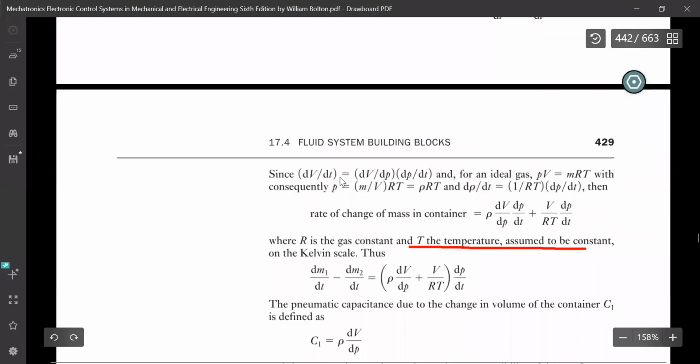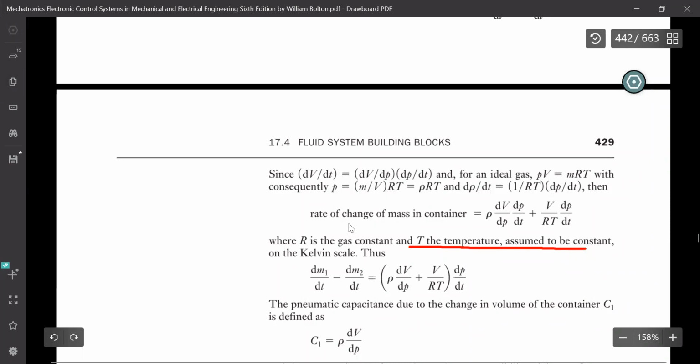Since dV by dt can be further written as a chain rule, dV by dP into dP by dt, and for an ideal gas PV is equal to mRT, so what is P? It is equal to m by V into RT, and m by V is nothing but rho RT. So d rho by dt is equal to 1 by RT dP by dt. This is a simple differentiation equation,